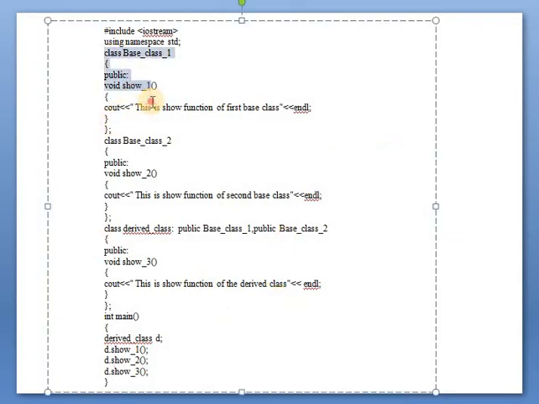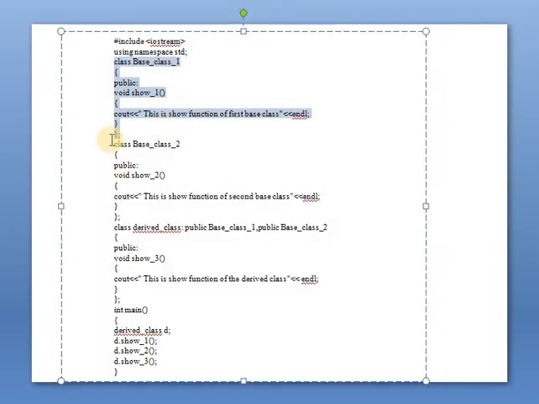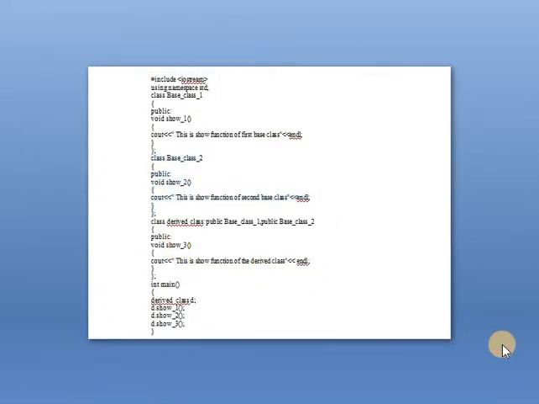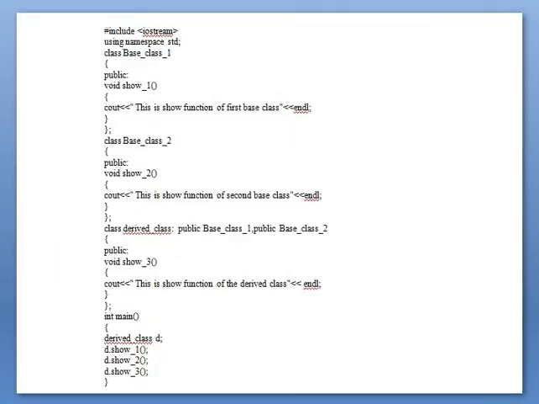Here these are the two base classes, base class 1 and base class 2. This is the derived class, and for that we are using the two base classes.